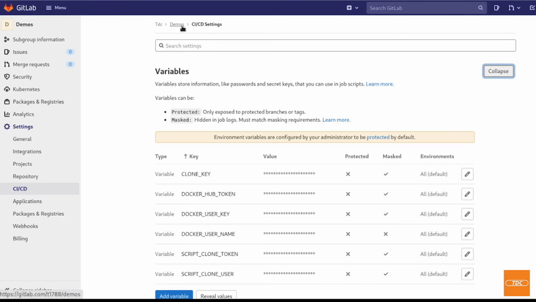So I store it in this group because I want other projects that I create under this group to have access to this token too. In GitLab, how this works is if you create, for example, a token or a variable in a group, everything that's nested in this group, subgroups and projects under that group, will automatically have access to these variables as well. So once you have done that and have created this token, we can go back to